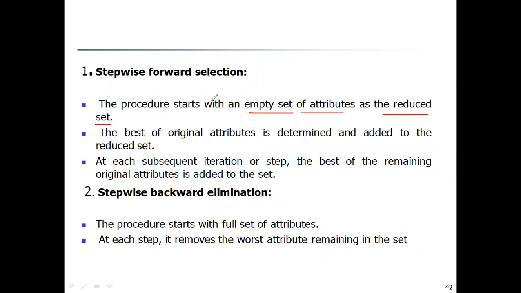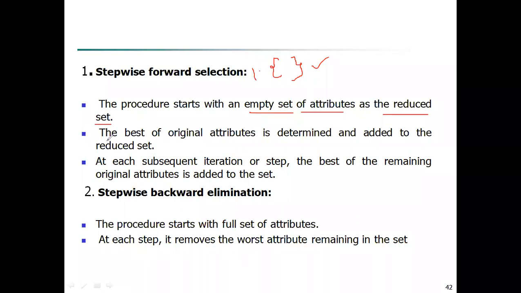First of all, what we are going to do? If we have a multiple number of attributes, suppose attribute one, previously we have student ID, student name, after that total marks, average marks, percentage marks, like that we have multiple number of attributes, isn't it? So keep those attributes as it is, and now you are going to start your stepwise forward selection. So with the empty set, step 1.